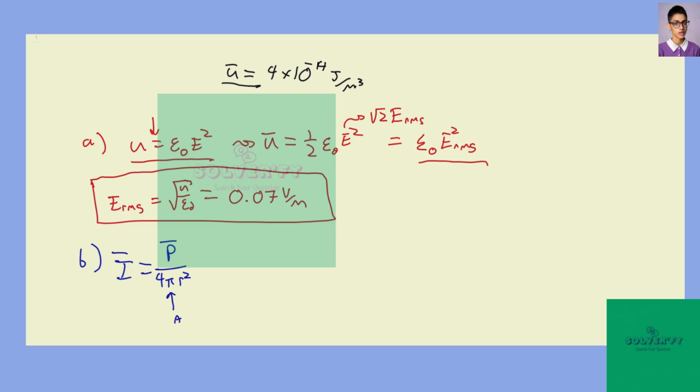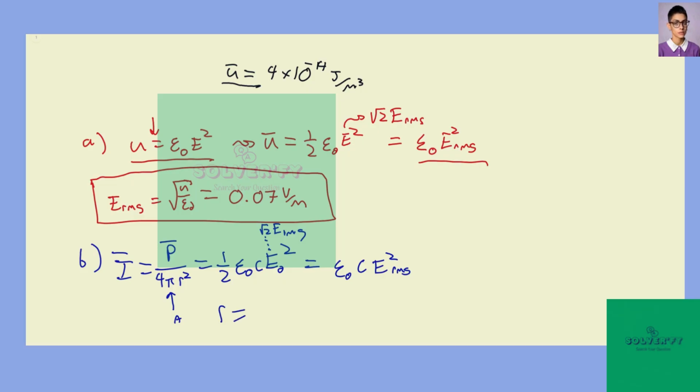And we can set that equal to the formula that includes the electric field, which is, I'll write the full thing here, 1/2 epsilon naught times C times E naught squared, but we do the same thing where we replace this with our E RMS, and we see it's equal to epsilon naught C E RMS squared. And we solve for R because that's what we want to find in the end,